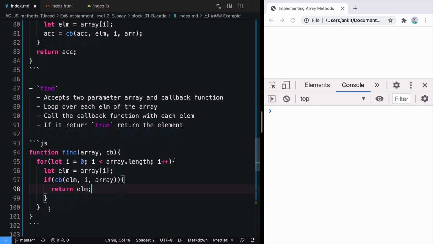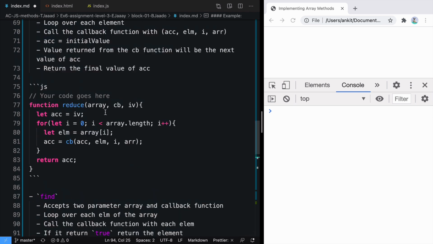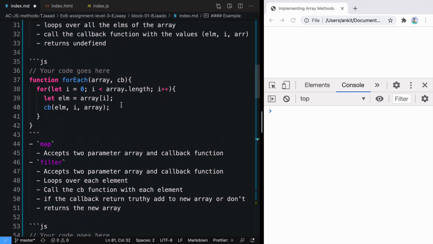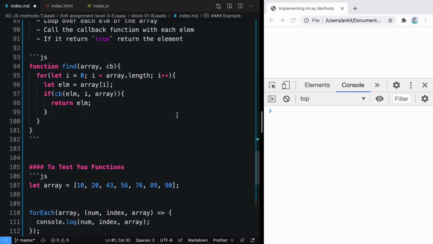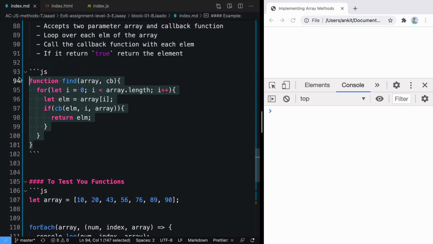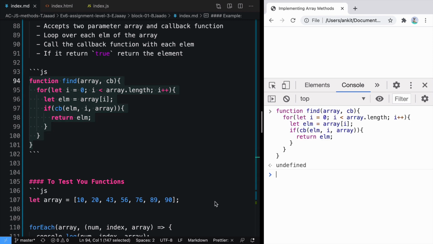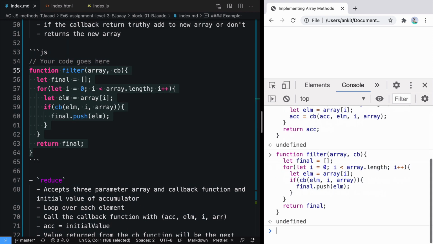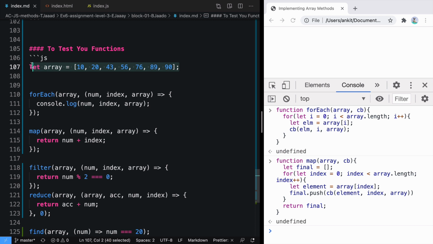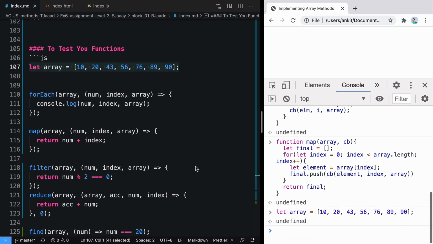So let's just look into the functions to look for any errors if we can see right now. So here we are using array, callback, perfect, array, callback, IV. Look at this. Here we are using ARR. Let's call it array because the variable name needs to be right. Similarly here, everything is okay. Looks okay. Let's just go ahead and test our code. So to test our code, first we will have to copy and paste all this code here in the browser. So we'll copy and paste all the function code. Now to test the code, we need to have this variable array. So we'll paste it here again.